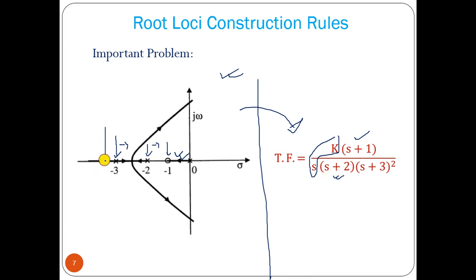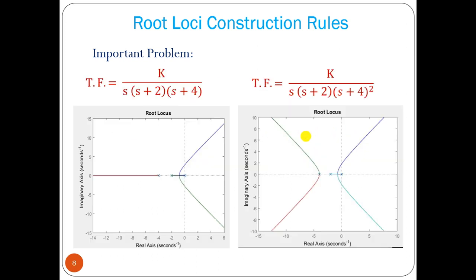Fine. Now if we look here, on the right-hand side we have 1, 2, 3, 4, four poles and zero. If that is so, then here there should not be any root locus path. The root locus path should not exist if we have four poles and zero. That means at this minus 3 we have 2 poles, so it will be 1, 2, 3, 4, 5, an odd number, so in this area we have the root locus path, it should be an odd number. That's why this term s plus 2 whole square comes into the picture. This is the most important point that you have to consider.